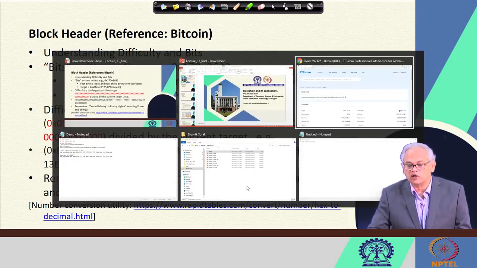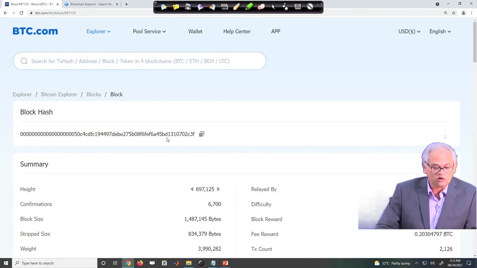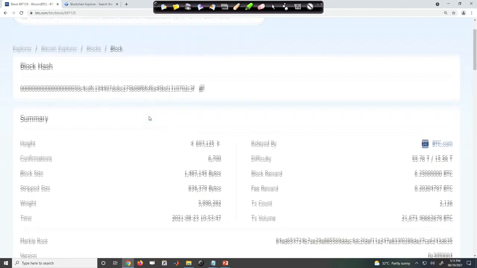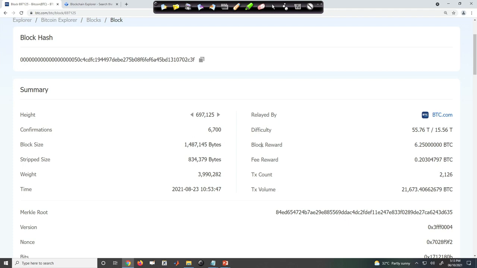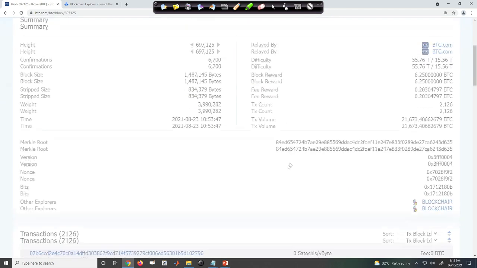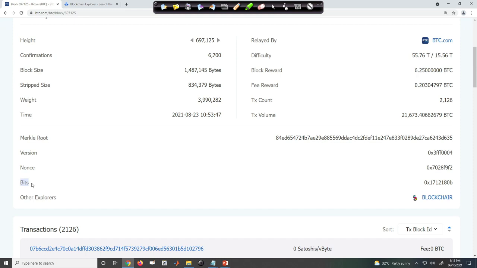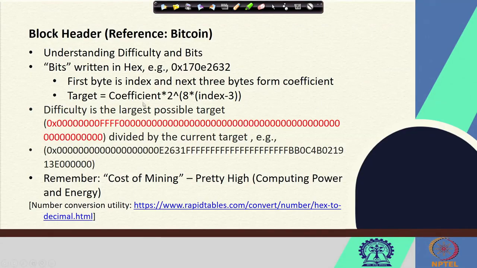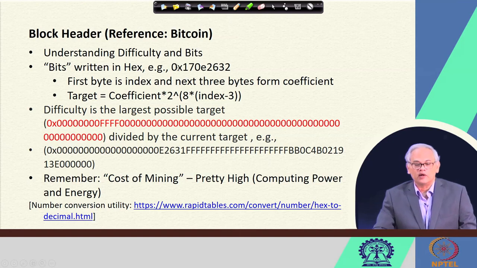If you look at this particular example, btc.com, we have gone to btc.com, and if you see this screen, you will see that there is this notion of bits here, which actually tells us what the complexity is. Here it is written bits is 0x something. That is one of the components, and it is a hexadecimal number. A typical example is, say, 0x denotes that it is a hexadecimal number, and there are 8 such hexadecimal digits, say